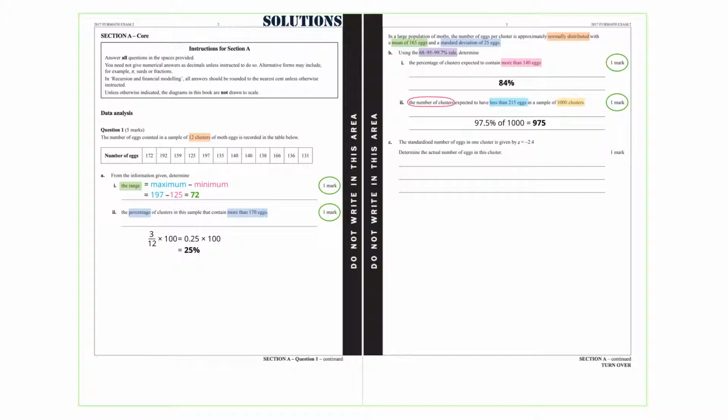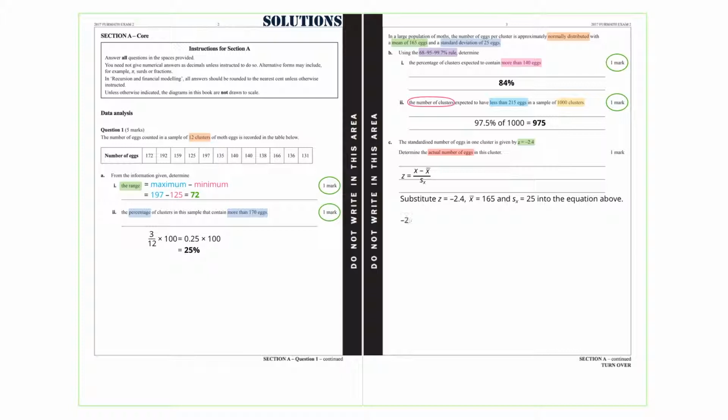Part C. The standardized number of eggs in one cluster is given by z equals negative 2.4. Determine the actual number of eggs in this cluster. Let's start from the formula z equals x minus x bar over sx. We substitute z equals negative 2.4, x bar, which is the mean, 165, and the standard deviation sx equals 25